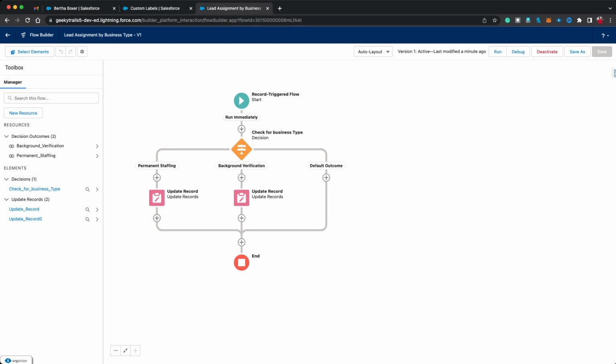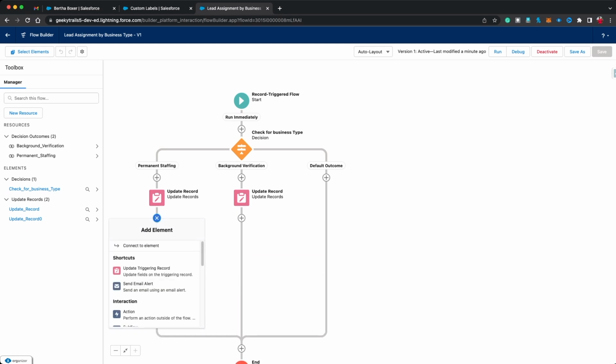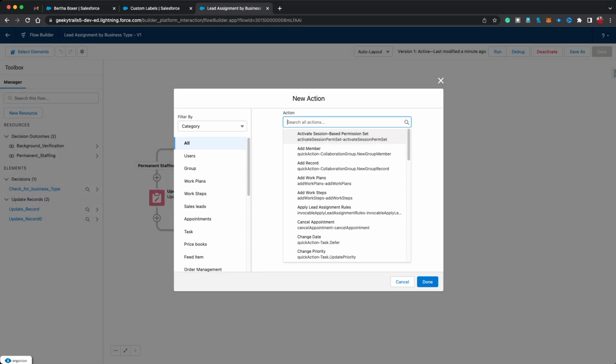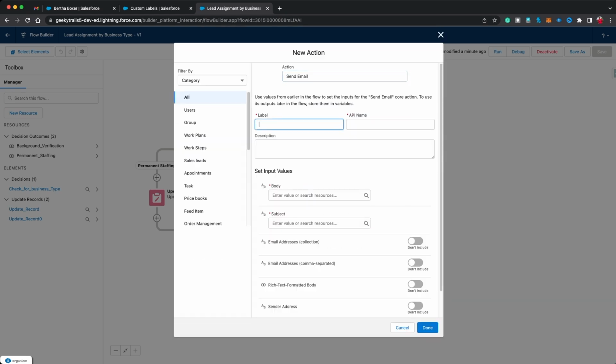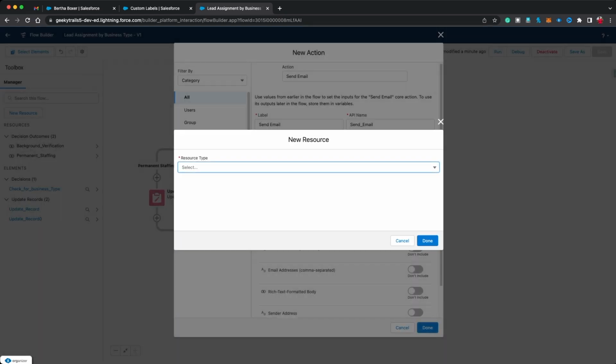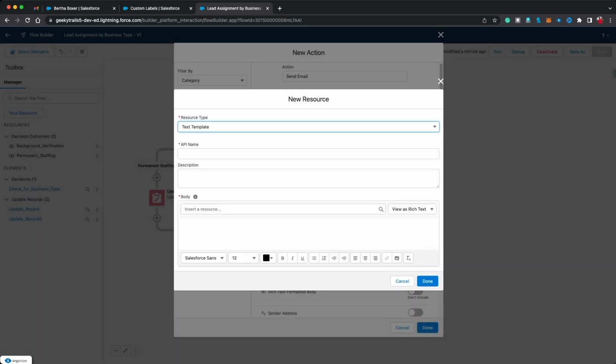So what I am going to do, I am going to click on the plus button, and here I am going to use action element, and in the action I am going to simply type send email, and I am going to use the second one. Now let's say in the label I am going to provide send email and API name. Now in the body I am going to create a text template for, let's say, permanent staffing